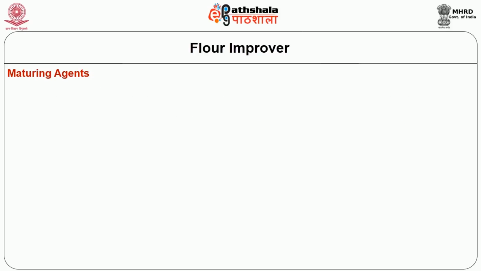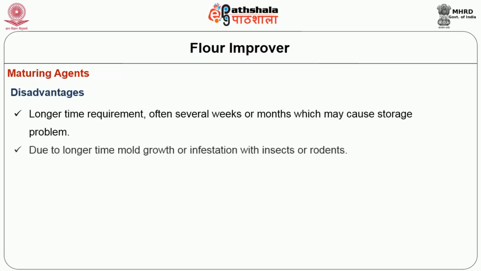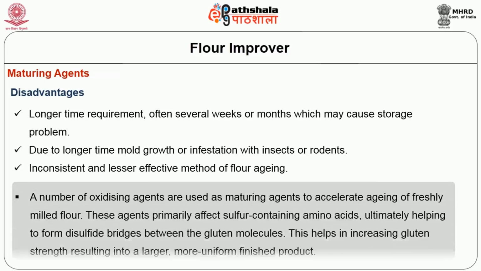However, natural aging has few disadvantages also. That is, longer time requirement, often several weeks or months, which may cause storage problem. Due to the longer time, mold growth or infestation with insects or rodents, and inconsistent and lesser effective method of flour aging. Hence, a number of oxidizing agents are used as maturing agents to accelerate the aging of freshly milled